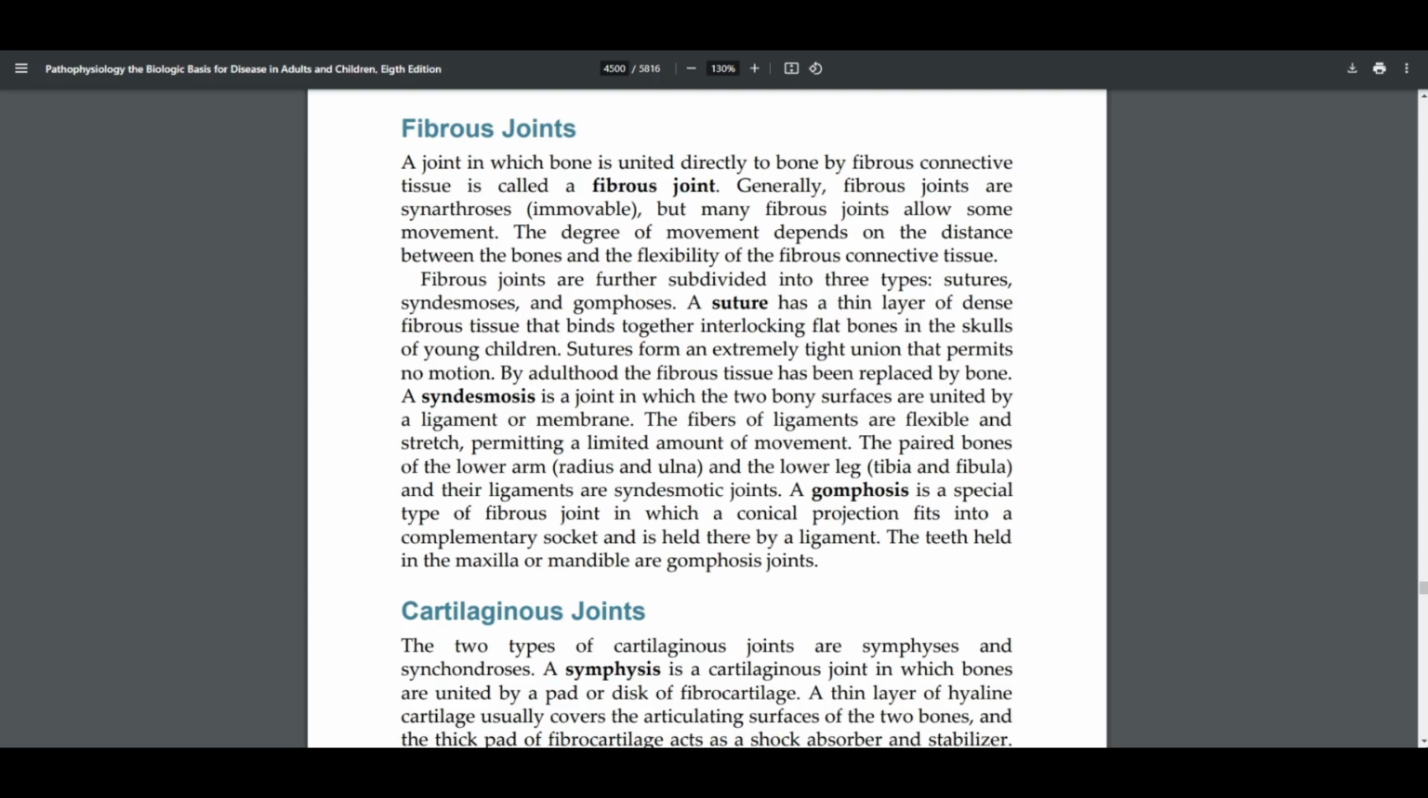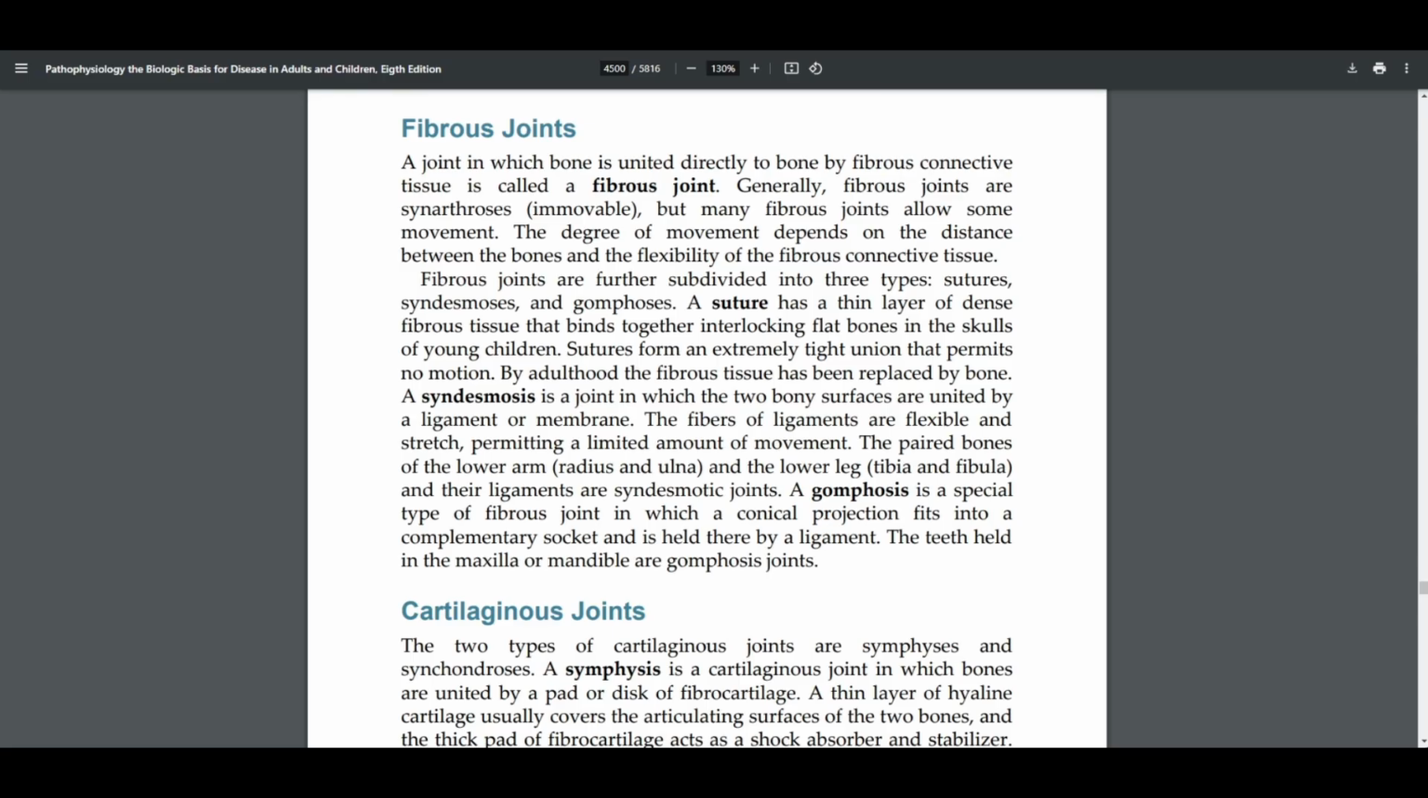So, talking about fibrous joints. A joint in which bone is united directly to bone by fibrous connective tissue is called a fibrous joint. Generally, fibrous joints are synarthrosis, or immovable, but many fibrous joints allow some movement. The degree of movement depends on the distance between the bones and the flexibility of the fibrous connective tissue. Fibrous joints are further subdivided into three types: sutures,